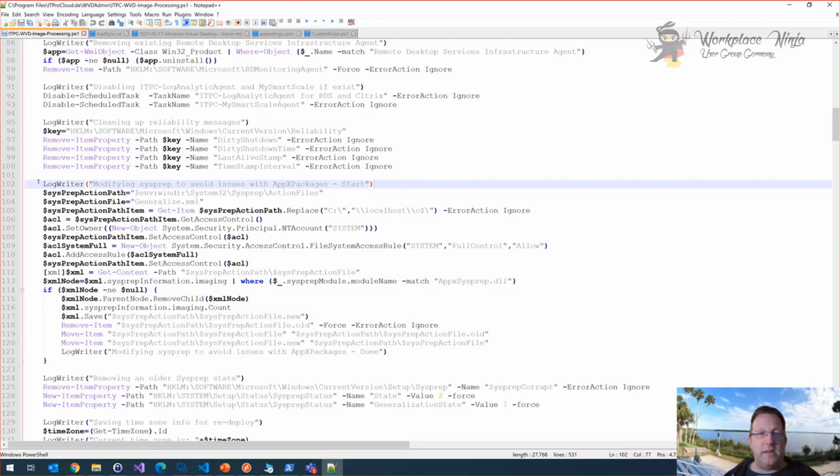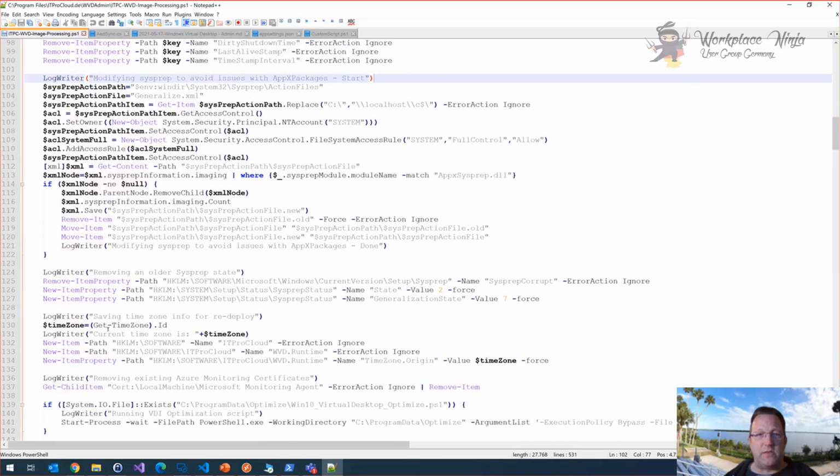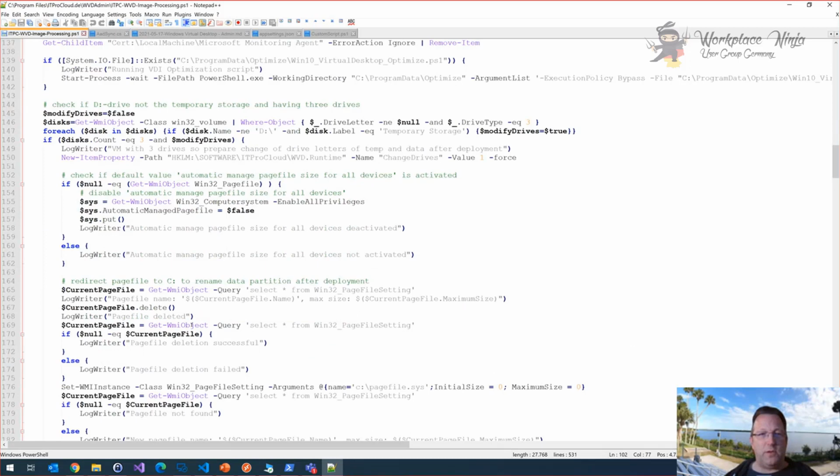That is worked around with this part, and here are some other things which normally could prevent sysprep from sysprepping an image. So feel free to copy some parts out if you need it for your